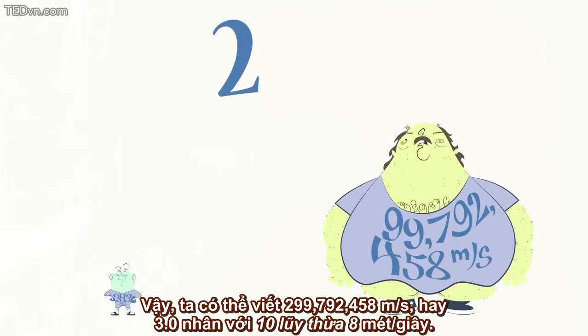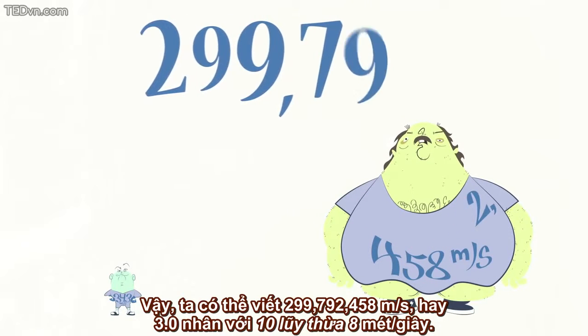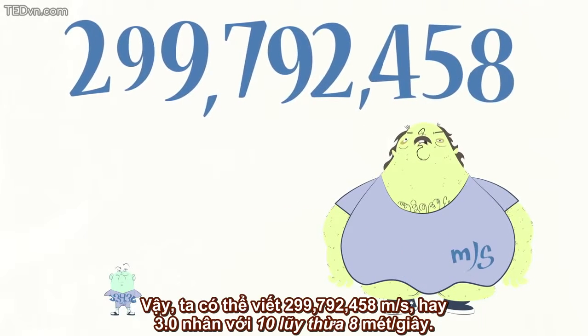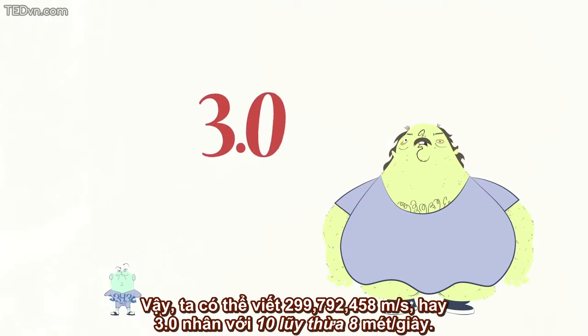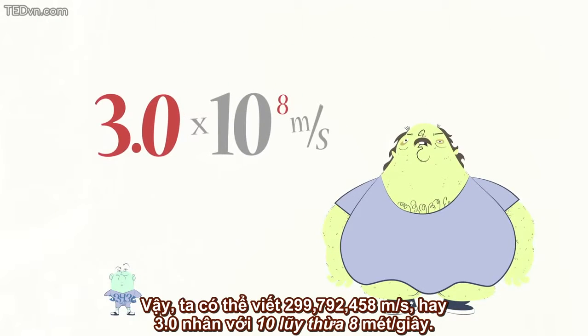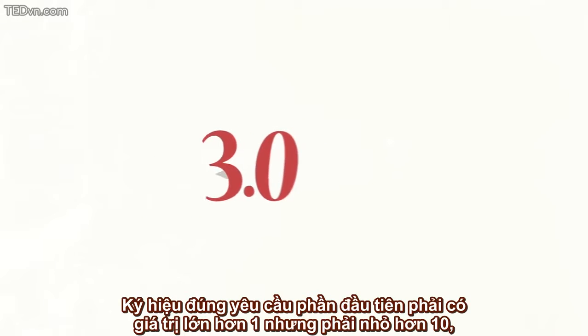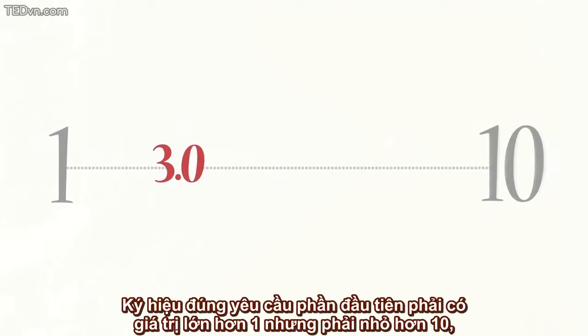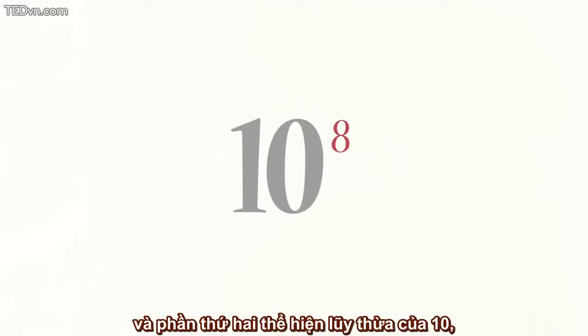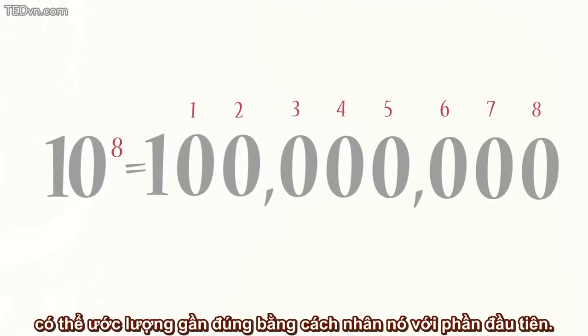So we can write 299,792,458 meters per second as 3.0 times 10 to the 8th meters per second. Correct scientific notation requires that the first term range in value so that it is greater than 1 but less than 10, and the second term represents the power of 10, or order of magnitude, by which we multiply the